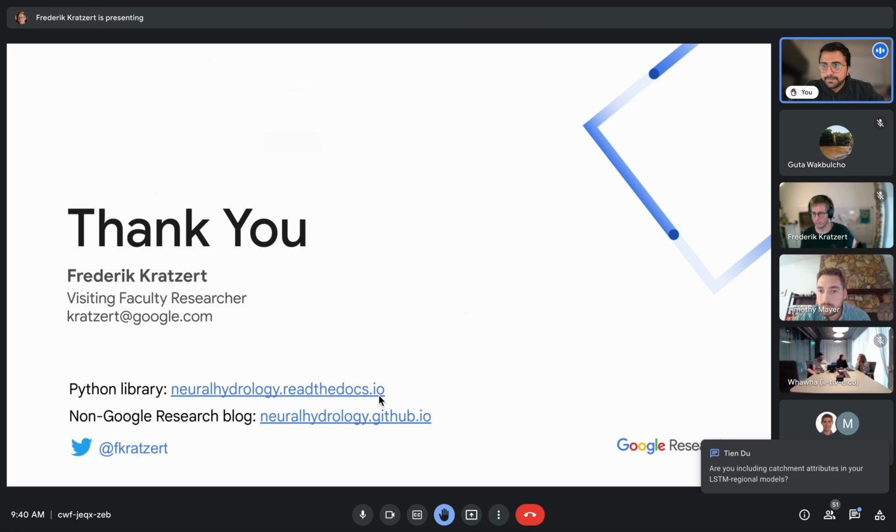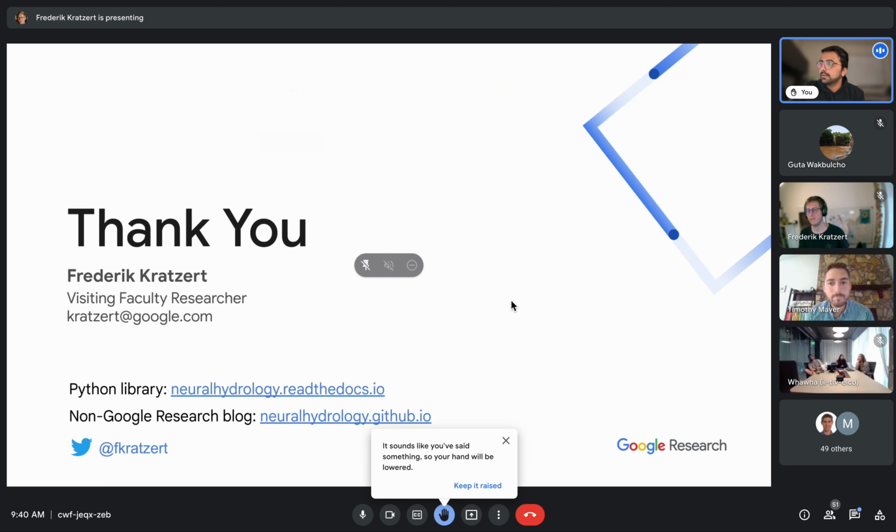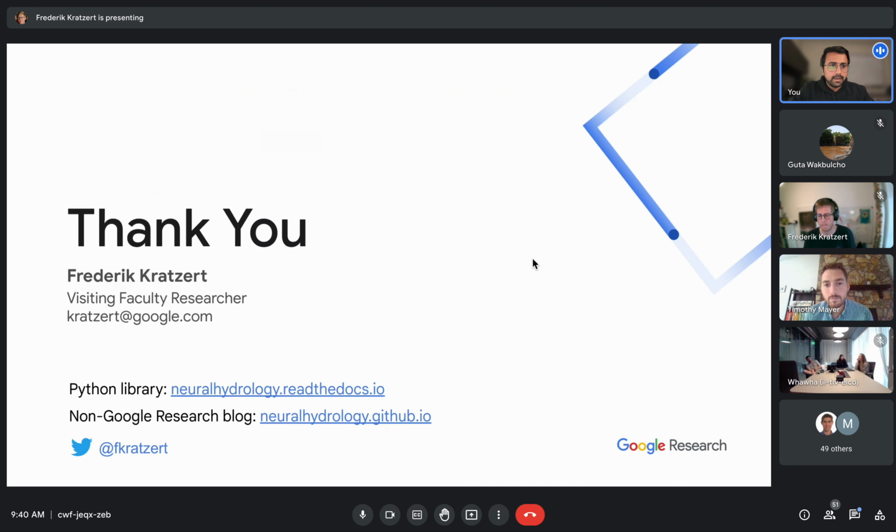Yeah, thanks, Frederik. Great presentation. I have a question on the static watershed characteristics that you incorporate in LSTM models. Because when you think about it, in the backpropagation process, it's doing the differentiation, right? So when you incorporate these static characteristics, doesn't it essentially become zero? Or how do you incorporate these static watershed characteristics in the model?